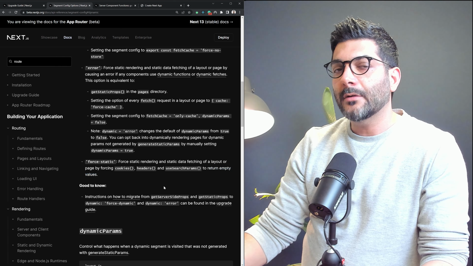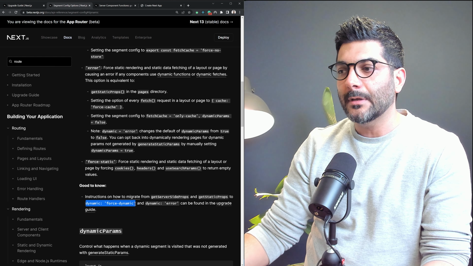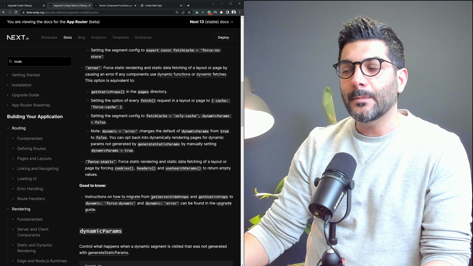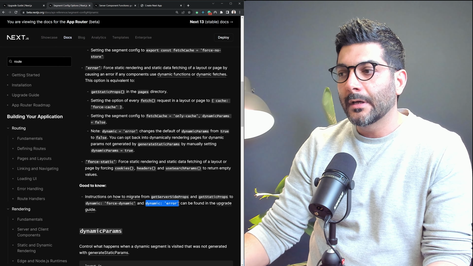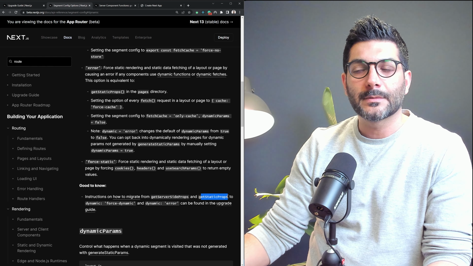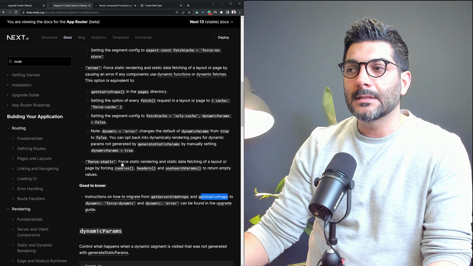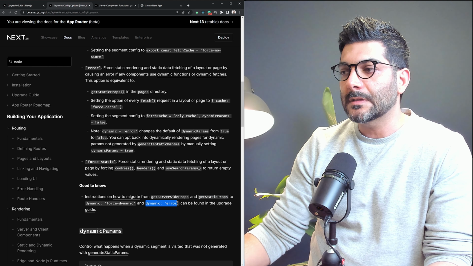Now, following the migration guide, it recommends to set the dynamic to force dynamic if we wanted to turn the page into a server render page similar to getServerSideProps, and also dynamic to error if we wanted to turn it into a static page similar to getStaticProps. So even though force static is very similar to error, the documentation recommends setting it to error instead